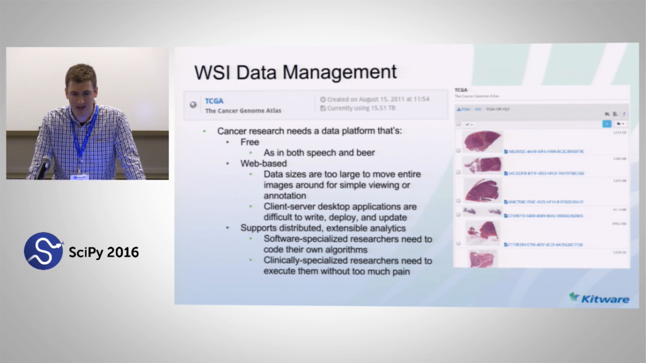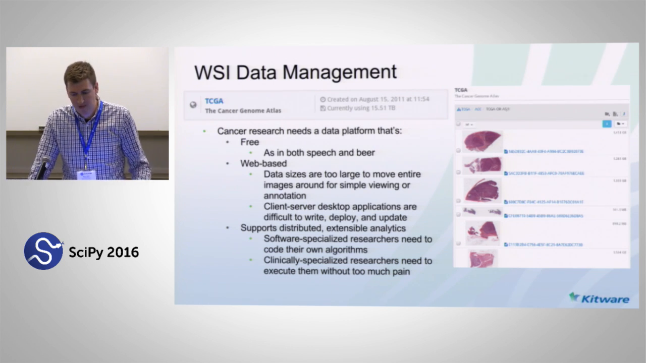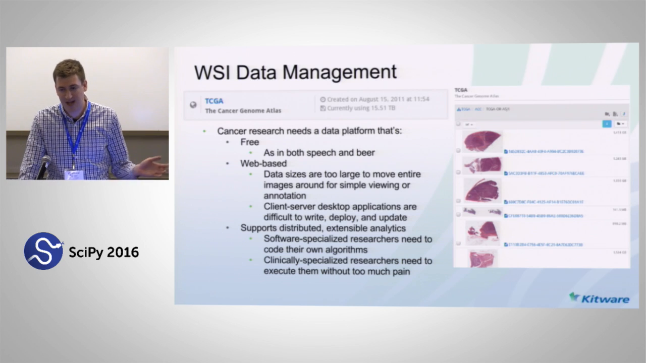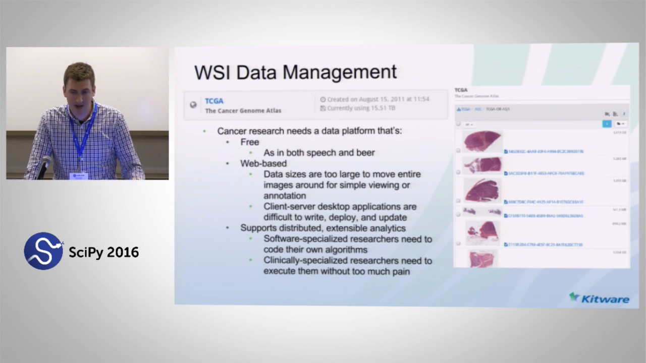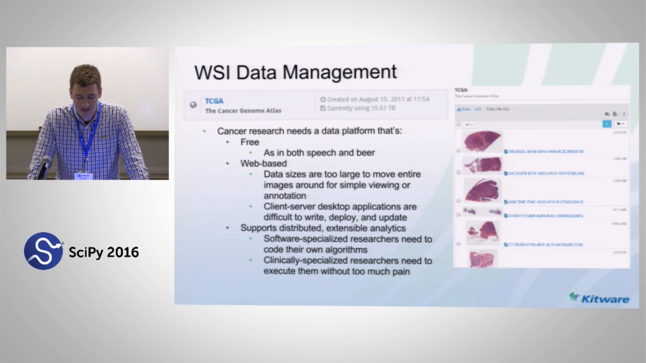and they need a way to run their algorithms on it in a way that's actually usable by both software people who can execute bash scripts, who can SSH all over the place, and more clinically focused people who really just need a GUI put in front of them and access to the algorithms, who can then actually make sense of what's going on clinically in these